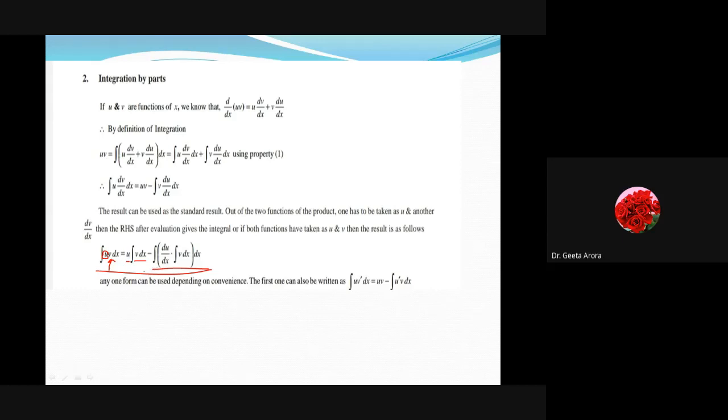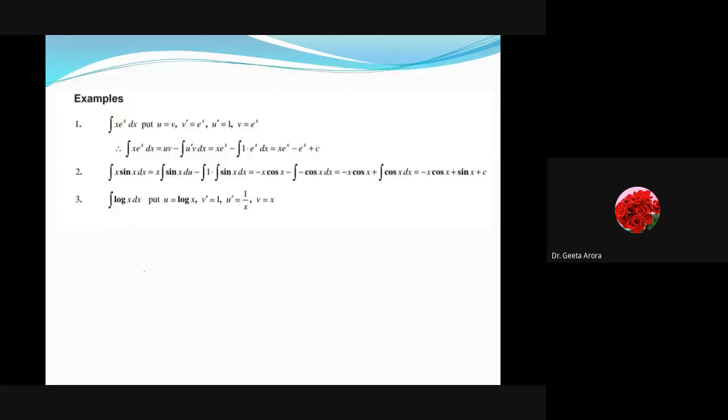Okay? So we have to learn it as such because whenever the functions are coming, it's never easy to write down the formula first and go through the calculation. It's better that if you are remembering the formula, you can apply it directly on the two functions. So let's start with an example. Here we have integral of x into e^x. Correct? So here we have integral of x e^x.